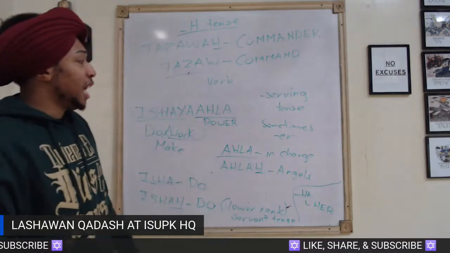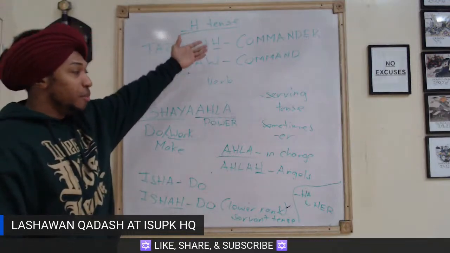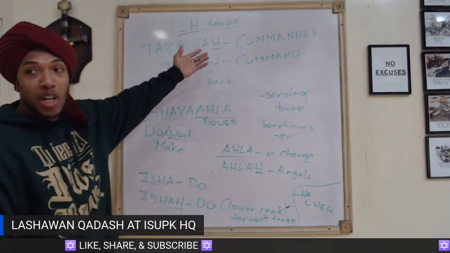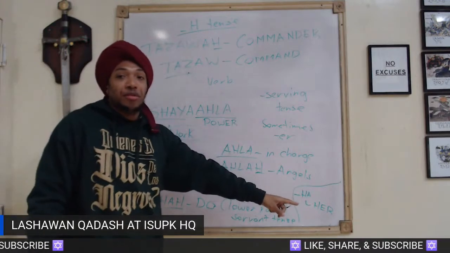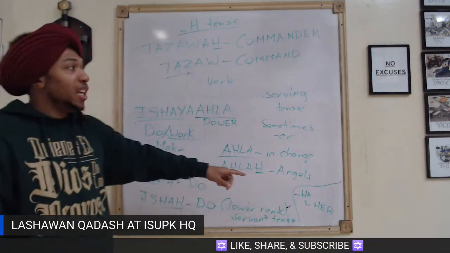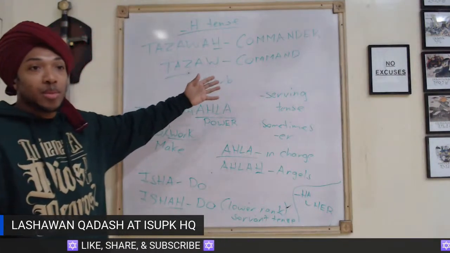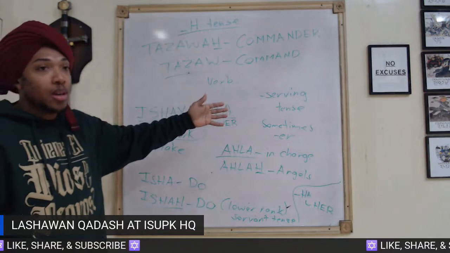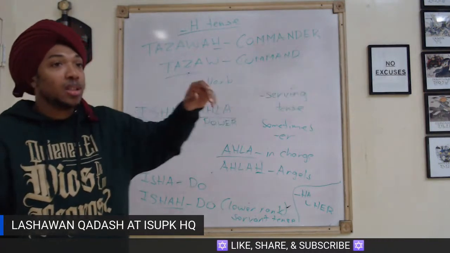In other times, it's not pronounced as ha. We're referring to things like with men, with Solomon's name, where there's a ha at the end of Solomon's name. That's not a possessive. That's a serving tense. Shalamah is Solomon's name. You got a ha in there. It's like shalom, but with a H on the end. So shalam ha, Shalamah.